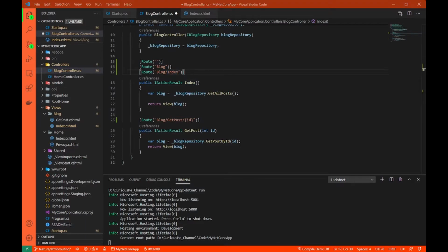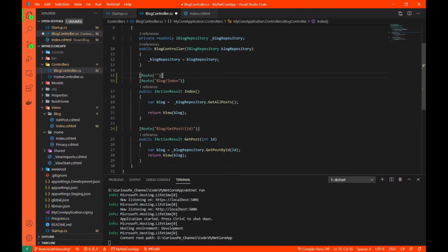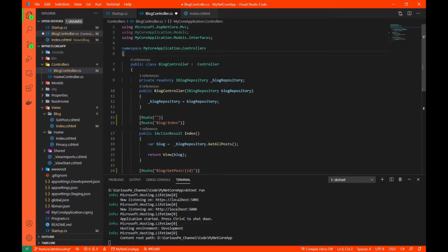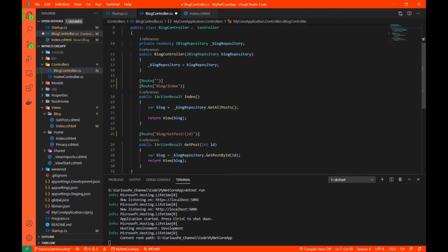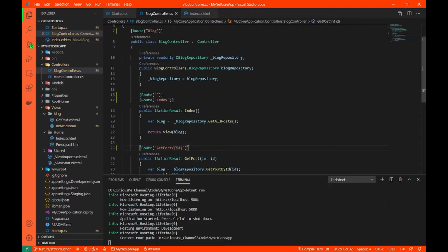Now as you can see, some things are very repetitive in here. For example, the name of this blog is repeated quite often. So how can we solve this? In order to solve this, I'll simply cut this from here and place it on top of the controller itself. Now I can simply remove this blog from the action routes.